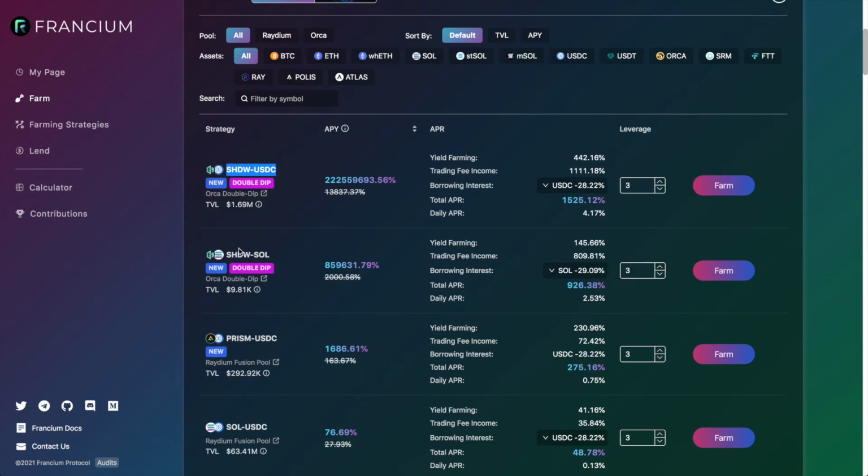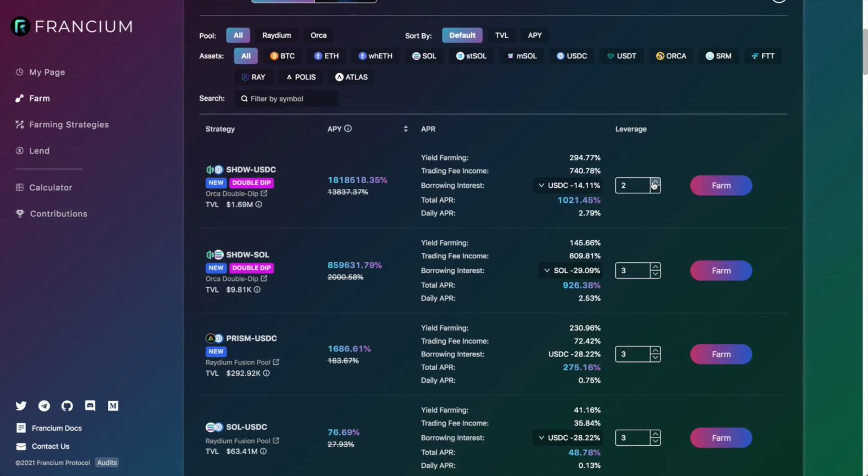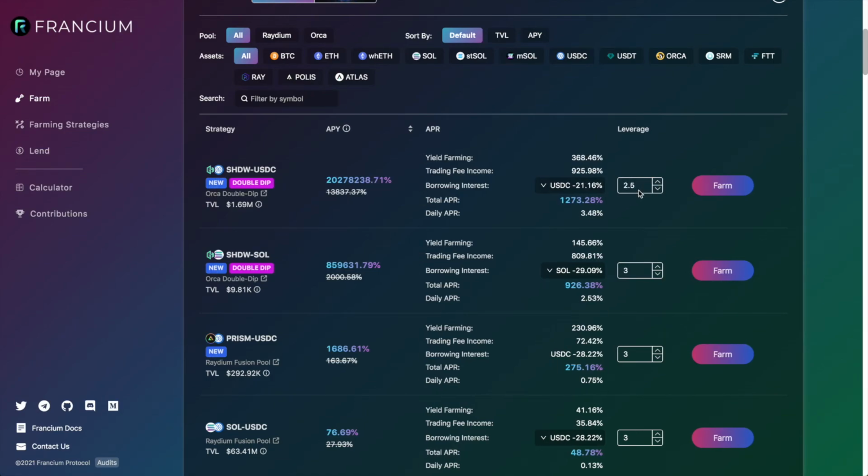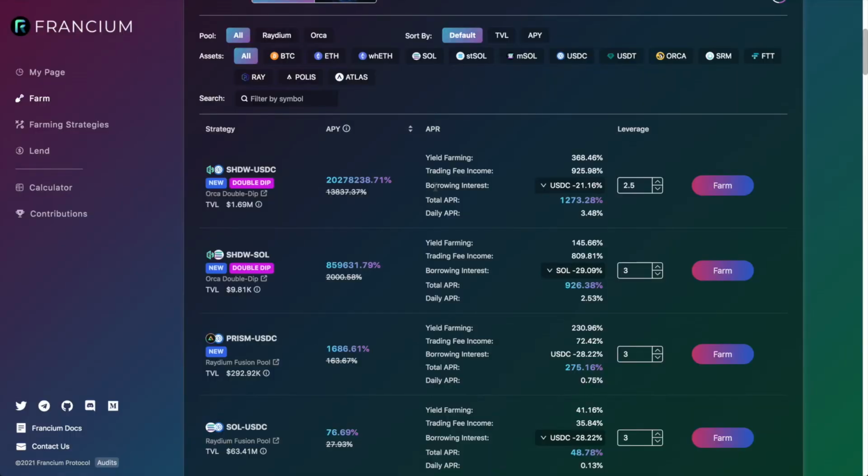If we go to Francium and you go to the farm page, you can see that Shadow USDC and Shadow Sol are right here, and it says Orca double dip right below them. What they are doing is they're allowing you to borrow USDC and borrow Shadow tokens at various leverage amounts, right? Like 1.75x leverage, 2x leverage, 2.2. You can change whatever leverage you want, and therefore you're getting a higher APY. You're borrowing funds. You have to pay interest on that borrow. You can see borrowing interest, USDC is 21%, but you're getting a higher APR, so it makes up for that, right? Like it's auto paying that interest